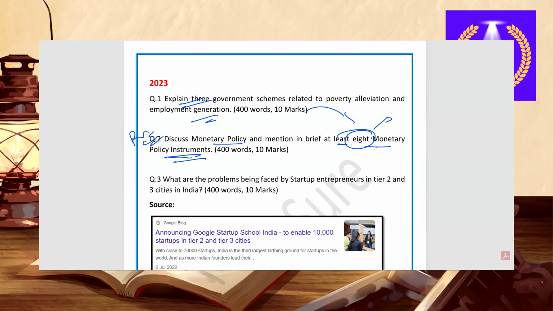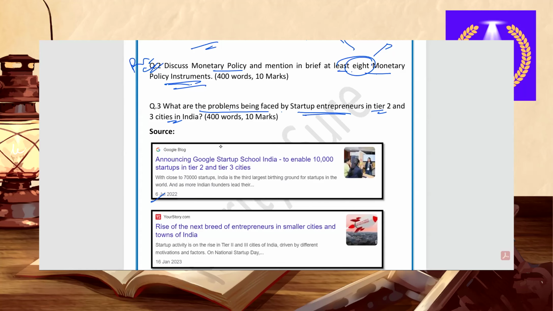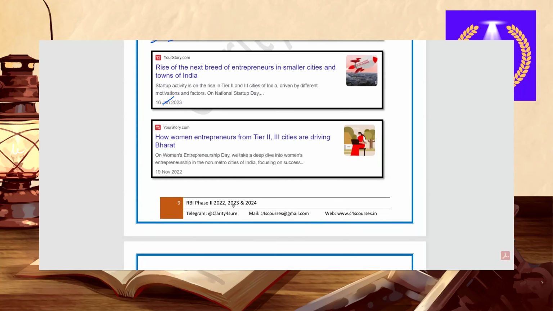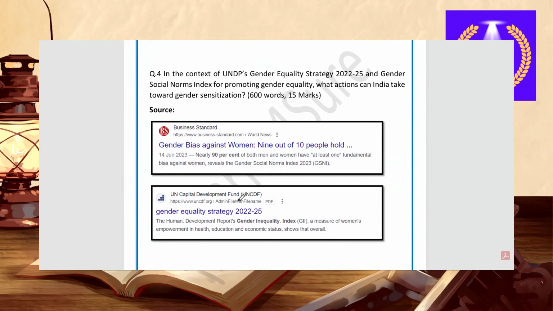एंड फंक्शनरीज, डायरेक्ट क्वेश्चंस। यहाँ पे देखो एक करंट अफेयर्स का क्वेश्चन, द प्रॉब्लम फेस्ड बाय स्टार्टअप एंटरप्रेन्योर्स इन टियर 2 एंड टियर 3 सिटीज। तो दिस वाज देयर इन द न्यूज़, ओके, इट वाज देयर इन द न्यूज़। सी हियर, कि टियर 1 टियर 2 सिटीज में किस तरह से स्टार्टअप इश्यूज फेसिंग, how women entrepreneurs from tier 2 are driving भारत through startups। तो इस तरह से न्यूज में थे।